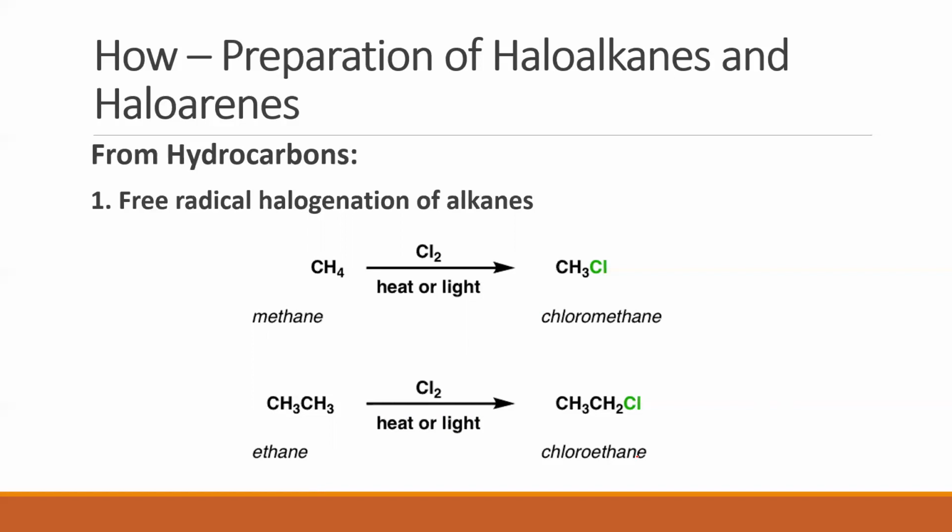Why? Because the answer lies in the mechanism of the reaction. The reaction does not stop with one product. Say, for example, I just need chloromethane or methyl chloride. Reaction will not stop there. If I have chlorine and hν, diffuse sunlight, the reaction will proceed to give methylene chloride, which will then proceed to give chloroform, which will then proceed to give me carbon tetrachloride. So if I need to just get one alkyl halide, I cannot use this method. But still, this is one of the methods for preparation of alkyl halides.